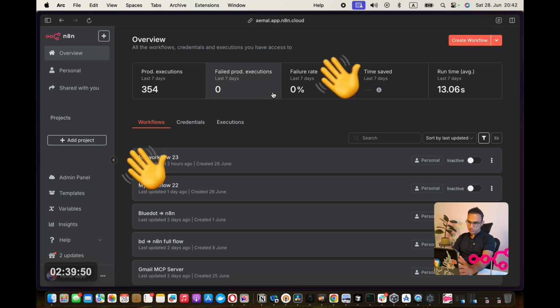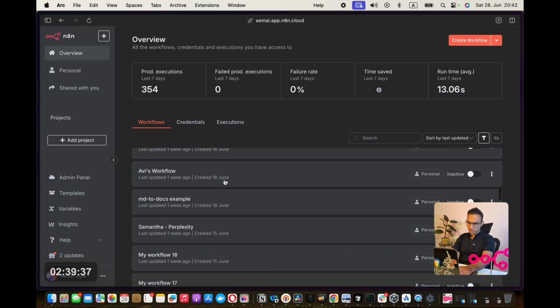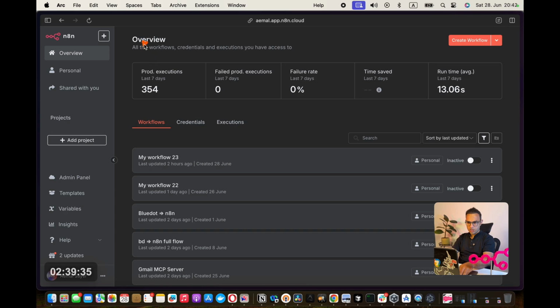So the first thing you see when you open n8n is a list of all the workflows. Well, the very first thing you saw was the organization, or how do they call it, project or something. And then once you open one project, then you see all your workflows here. So the workflows is one tab, credentials is another tab, executions is another tab. Credentials is where you store your credentials, obvious. Execution is where your public workflows are executed and you can see them, and also individually for a given workflow.